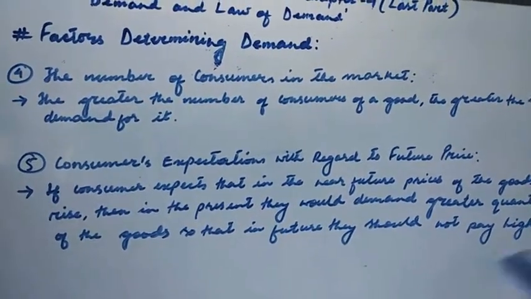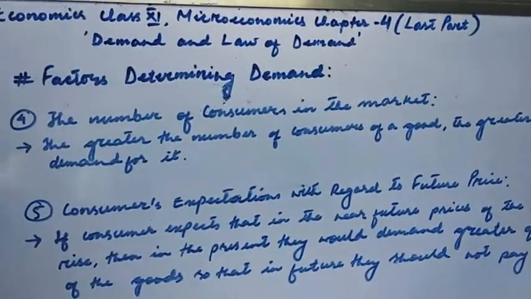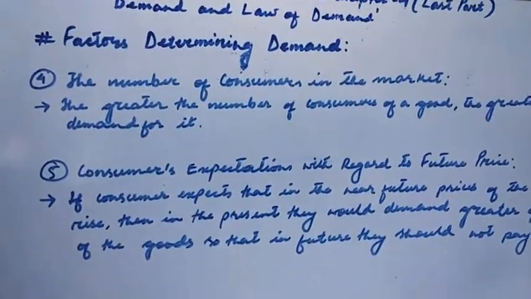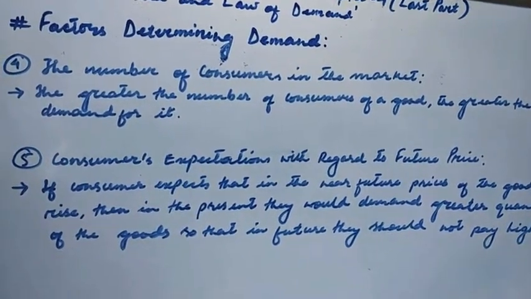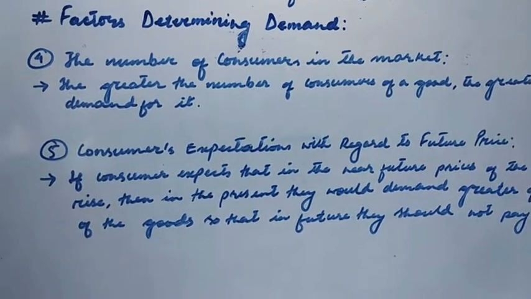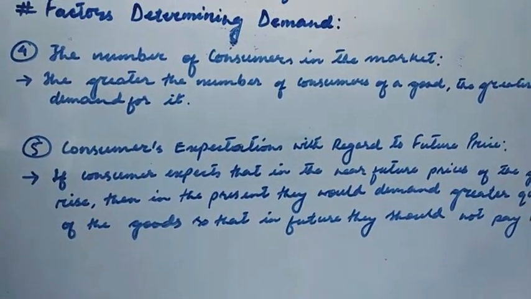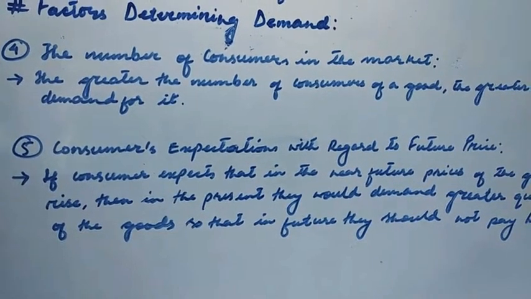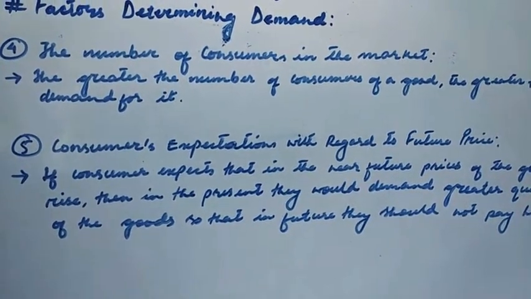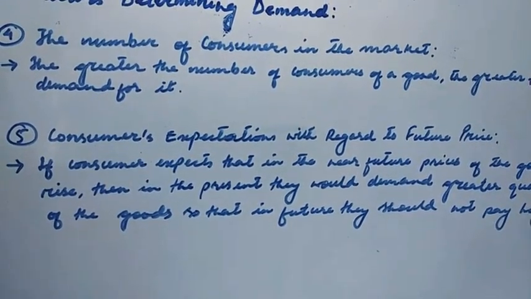So the greater the number of consumers of a good, the greater the market demand for the good. So how does demand for a commodity arrive? There are many ways consumers may increase their demand for that commodity. So when the seller of the good